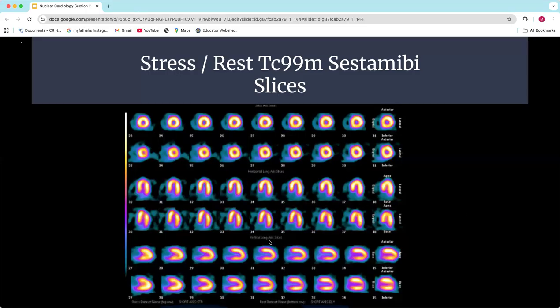Looks pretty good. You can see there is a little bit of mild reduction in the apex right here. That very, very mild reduction, where it's not quite black, just a little bit reduced, can be a normal thing that you see on stress testing. That just has to do with contraction of the heart during stress and then filling back up. Sometimes that apex will naturally get a little less. When a cardiologist or radiologist looks at that, a little bit less in the apex like you see here is not an abnormal finding. That's normal. Now, if it was blackened out, that's obviously not, but that apical thinning, as they call it, can be normal, okay?